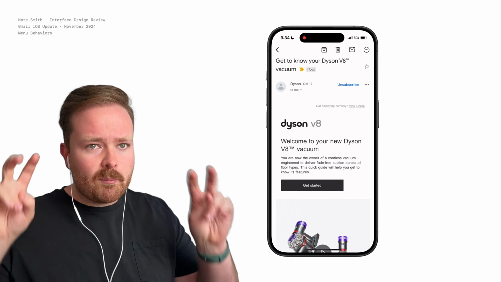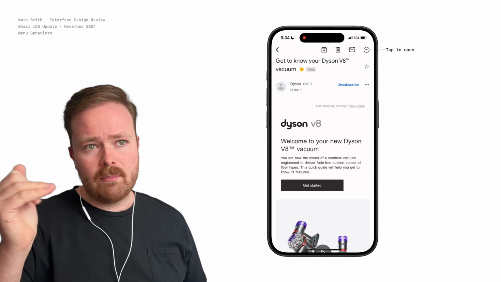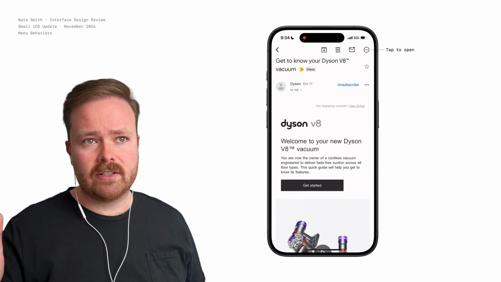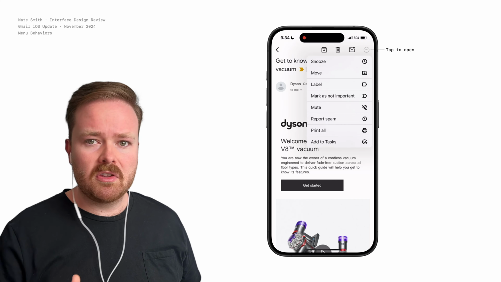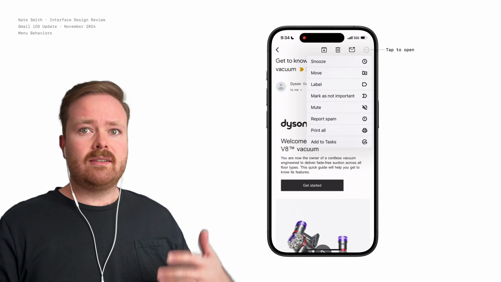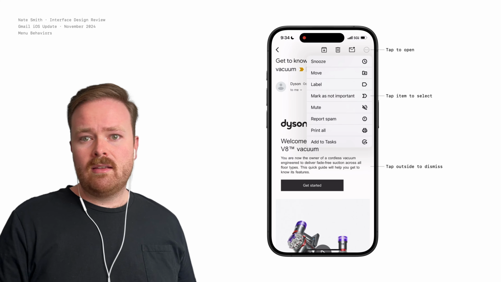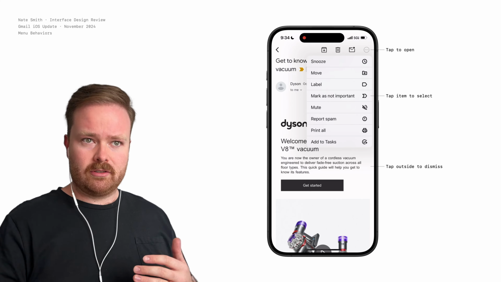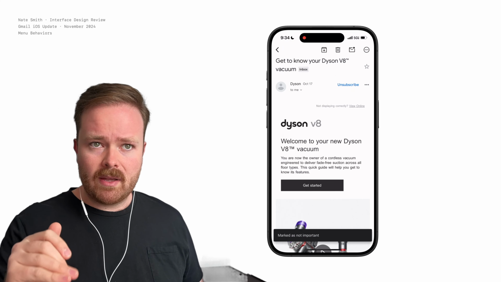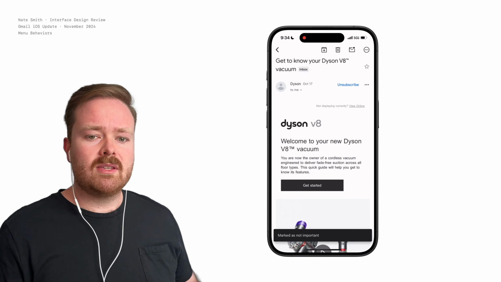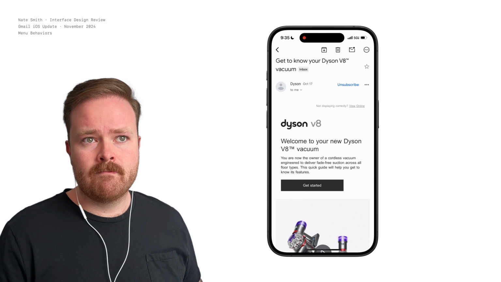Typically, if you think of the primary way that someone should interact with this, you'd assume that you should tap the icon to show some set of actions. You read through the actions line by line, look for the one you have in mind, and then you can tap it to select it. If you want to dismiss, you can tap outside. So it's sort of this search, tap kind of interaction. In this case, if I tap the item, it's selected. Gmail is also showing me this confirmation toast at the bottom of the screen, reiterating what just happened.